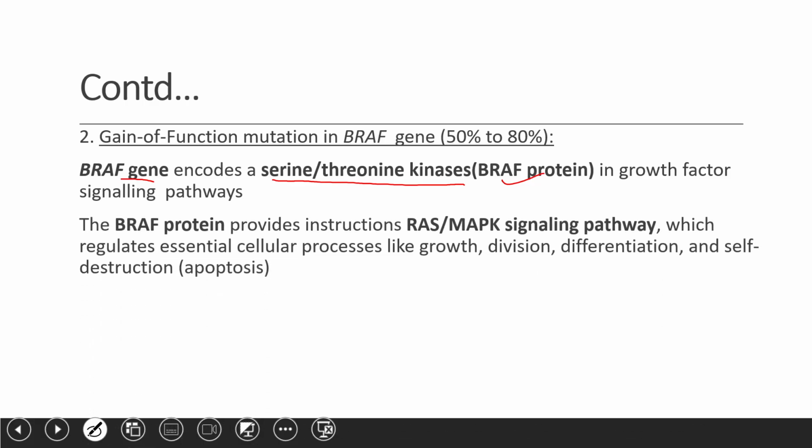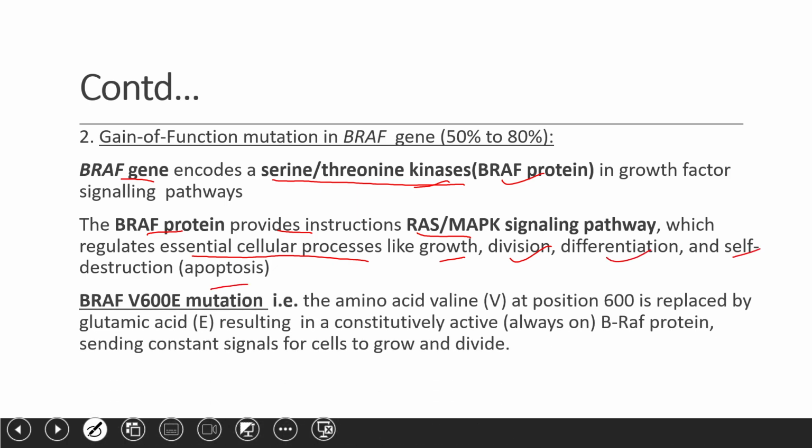And when there is a mutation in this BRAF gene, this BRAF protein, which is a serine threonine kinase, provides instruction to the RAS and MAPK signaling pathway, which regulates essential cellular processes like growth, division, differentiation, and self-destruction like